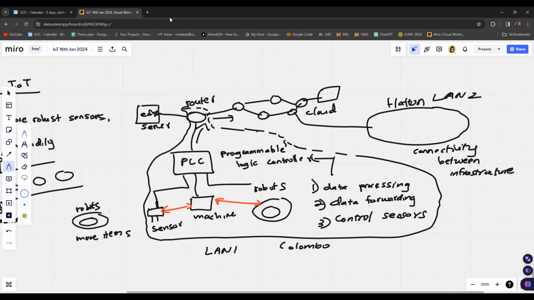This is mainly because direct communication between those devices or sensors can be enabled through short-range communications. So using short-range communication technologies, the communication link can be established.